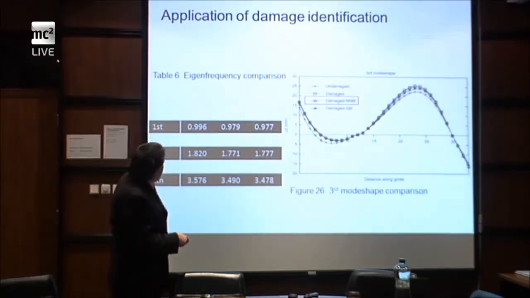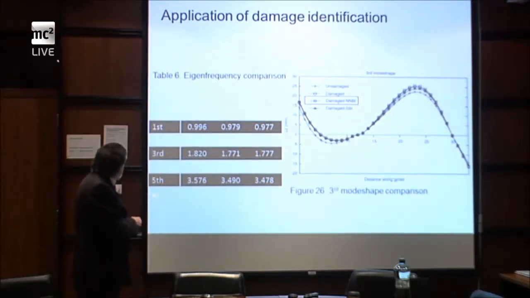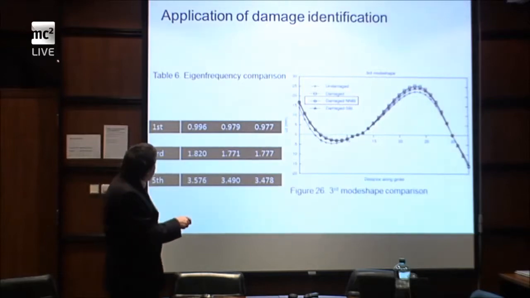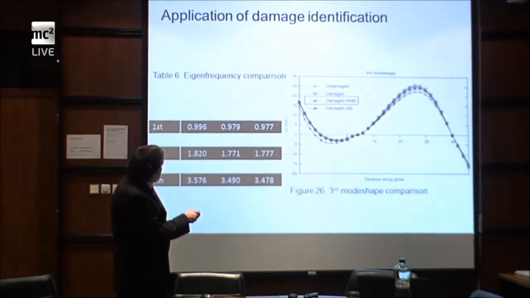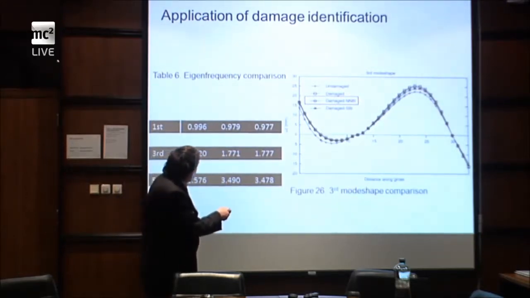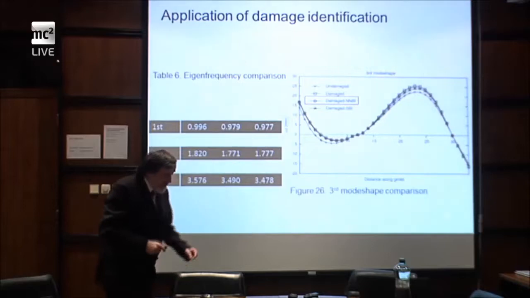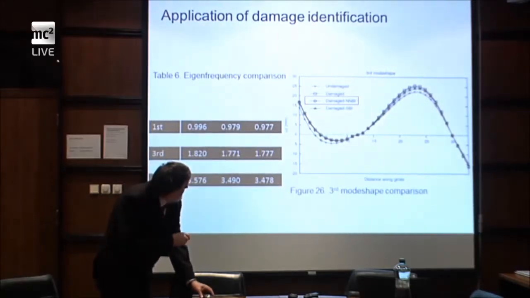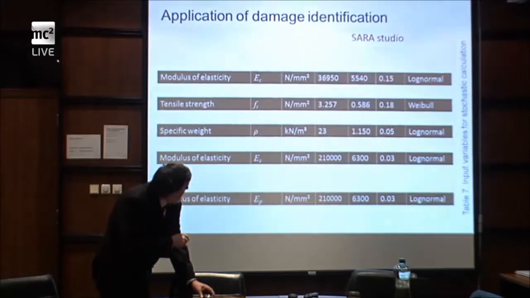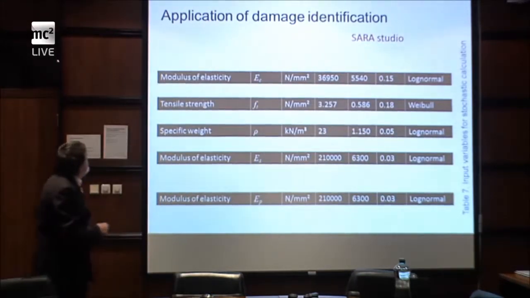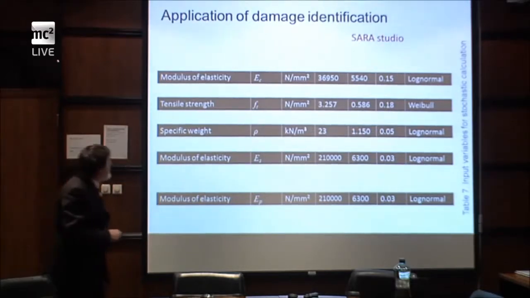Actually, this is after the neural network. Again, it appeared in my slide. There are first, third, and then fifth modes, and this is, for example, a demonstration of the third mode shape, that there is an undamaged state along the girder, right? Damage state, and then identification by neural network, which fits relatively well. So the damage influences these mode shapes, and it's a question how many frequencies, how many mode shapes are necessary to consider.